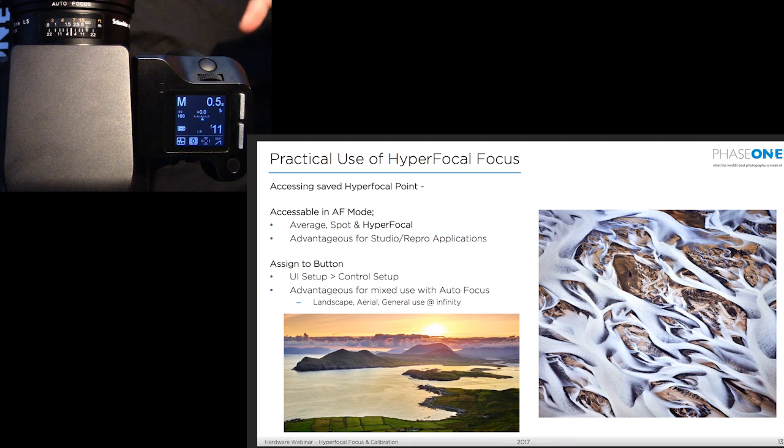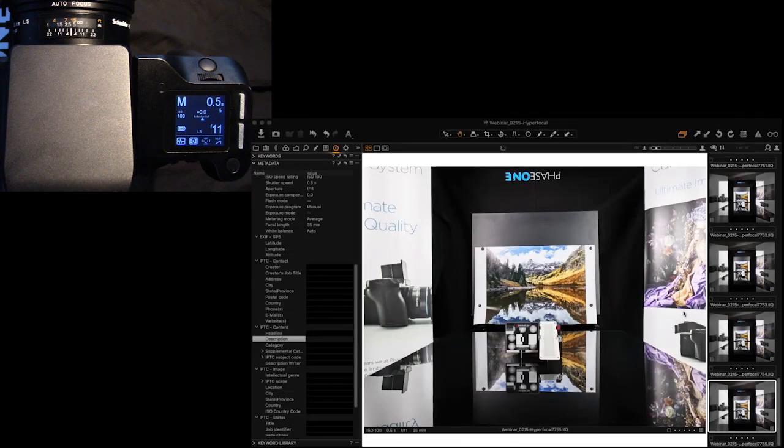So the workflow, let's say I needed to get out of the car and autofocus on infinity, I would simply invoke autofocus. You'll notice that the lens moved to what is, in this studio example, infinity focus. And I'll take a shot. And I'm just going to pull that up in Capture One.